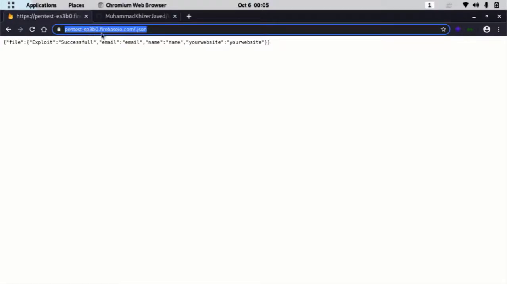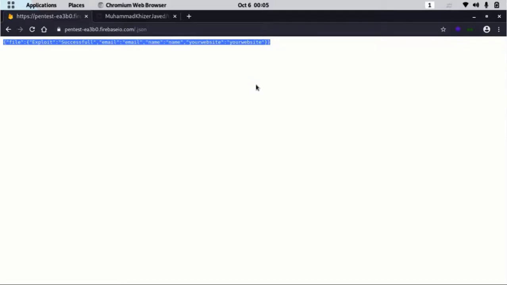If anyone tries to access that particular URL with /.json, we are able to get all the data present there, or sometimes we get a null response, which means no data is present in that particular database.